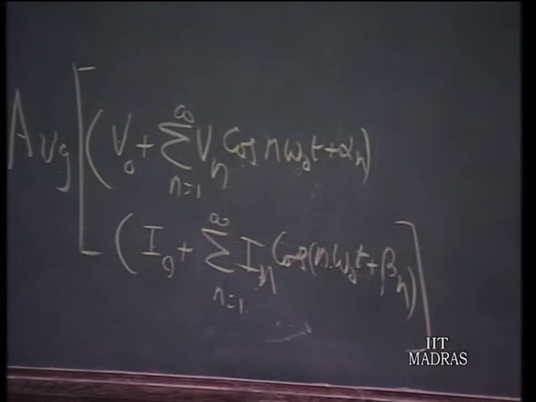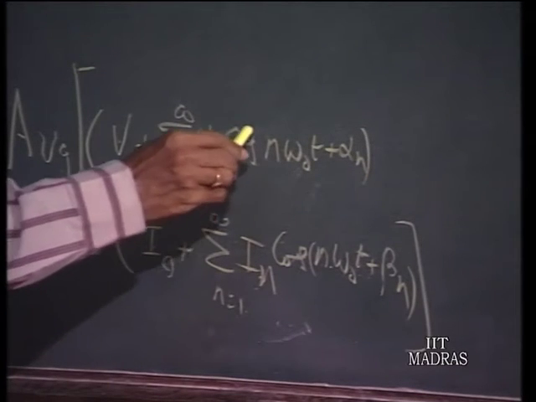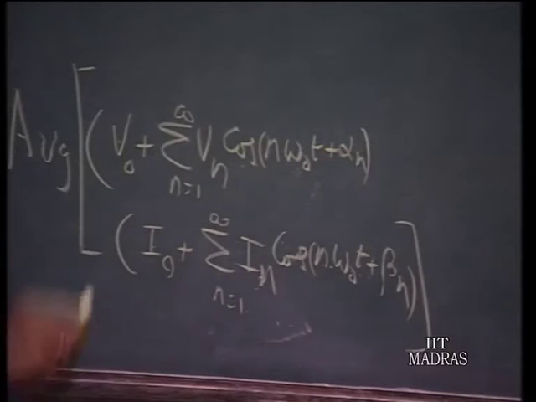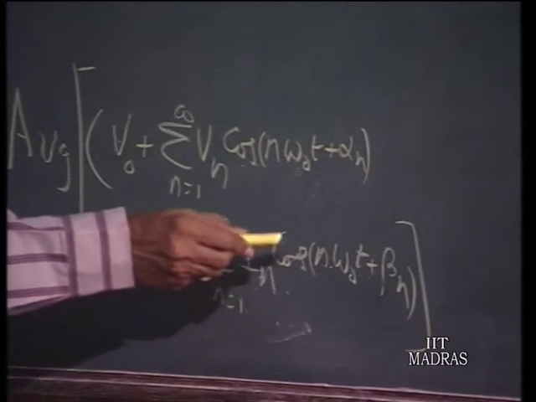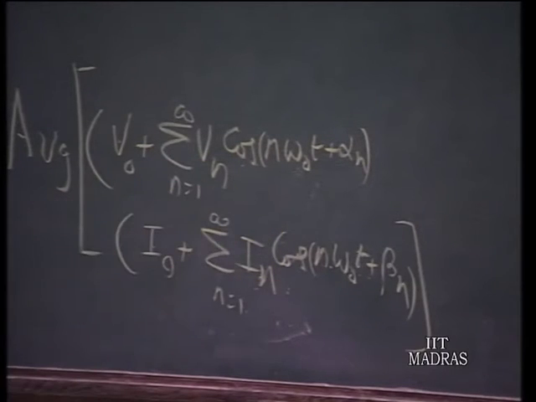The average will be, of course, the product of V1 and I1 divided by 2, the product of the two RMS values, times the cosine of the phase angle between them, alpha 1 minus beta 1. All other terms, the fundamental multiplied by the second harmonic, third harmonic, fourth harmonic, will have 0 average. So consequently,